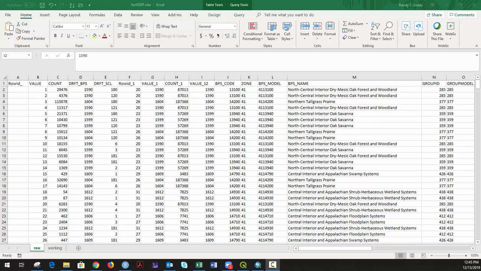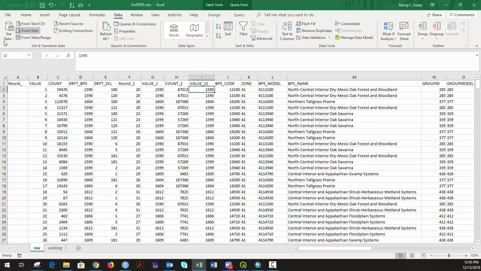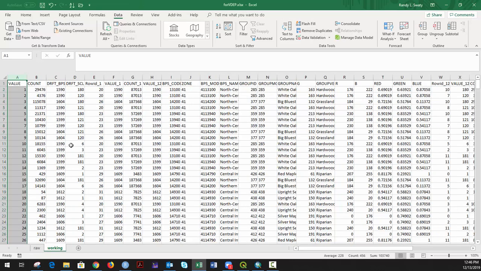Here I'm in Excel, as you see, where I have used the text/CSV tool to bring in that attribute table. Then I renamed the worksheet raw and I saved the Excel workbook as 4VDEP for vegetation departure. I then copied all of this into a working spreadsheet, deleted that row ID field just to clean things up a little bit,